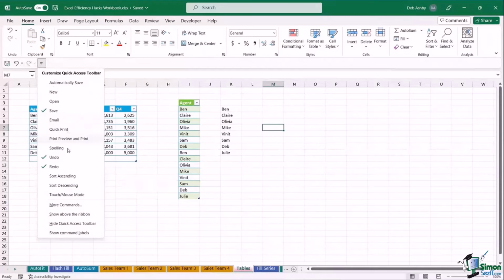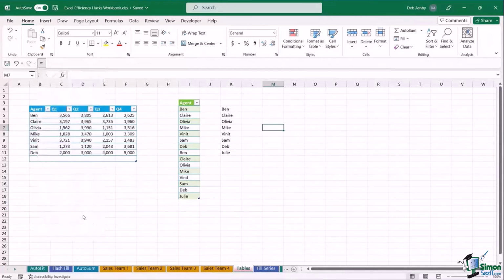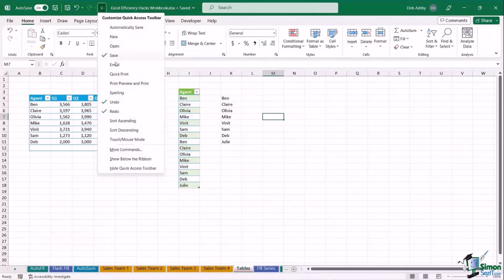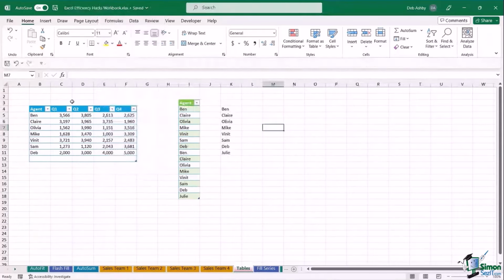So I like to have mine under the ribbon, but you could choose to show this above the ribbon, which kind of puts it up here out of the way in the title bar. Now, I don't have mine up there because I always forget it's there if I don't have it below the ribbon. And the purpose of this quick access toolbar is really to allow you to access commands that you use frequently, quickly. So instead of hunting through ribbons looking for specific commands, you can add whatever you like to this